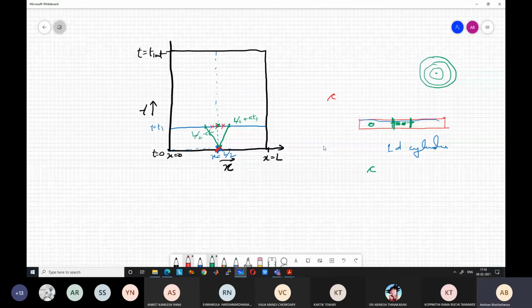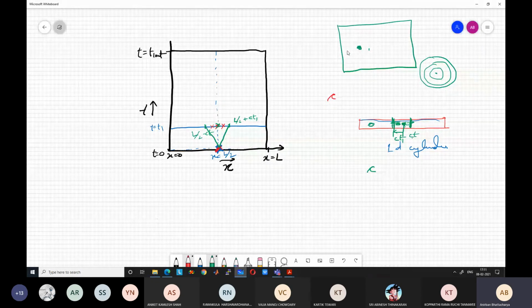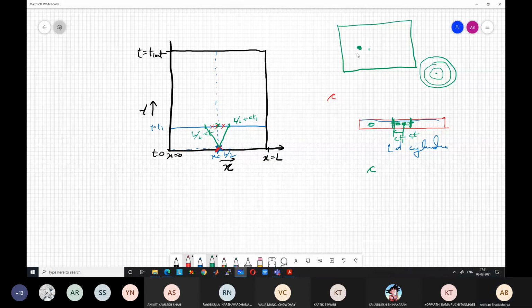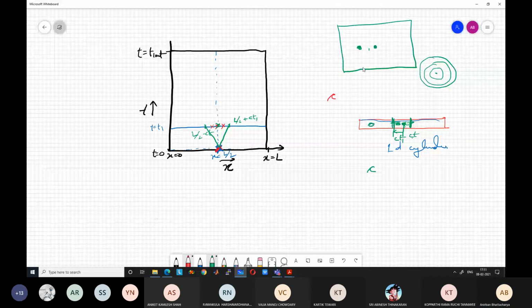Again same problem, you visualize in 2D. Okay, there's a big pond. There are two boats. One person is sitting on one boat, another person is sitting on another boat. Okay, I have thrown a big stone at this location at initial time t equal to 0. So at initial time t equal to 0, will this person feel anything?